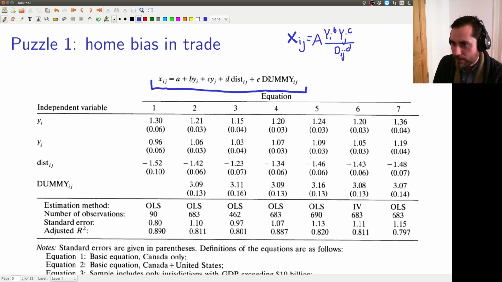It's equivalent to this model, and then let's think about how to put this dummy in. I think it's going to be... I should be careful here. Okay, so this is an indicator variable if you're in the same country. And if you are, then you get an additional term, which is e, let's say exponential function, to the power e.